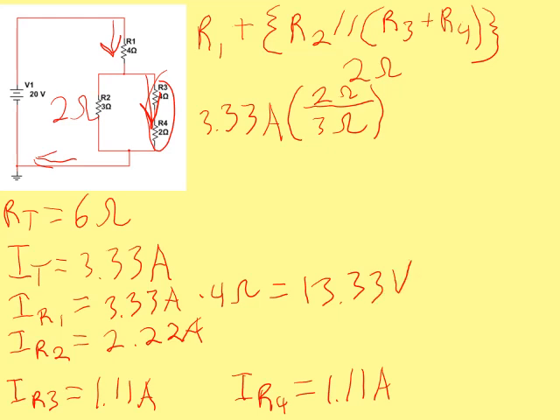Next we have IR2 times 3 ohms. So we have 2.22 times 3 equals 6.66 volts. And IR4, just do 1.11 times 2 equals